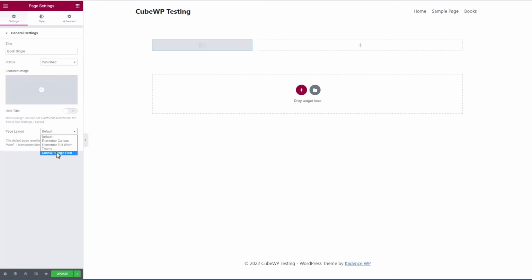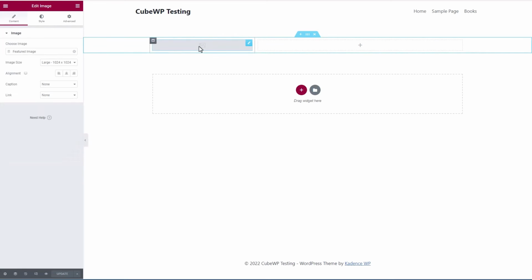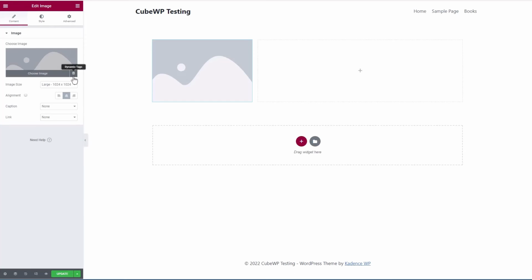Let's see what we can do now to get a preview of this. We need to switch to CubeWP single post as the layout. And now we can select a post to be our demo data, our placeholder data. So now let's update and let's go back. Let's center this. Let's try this again.